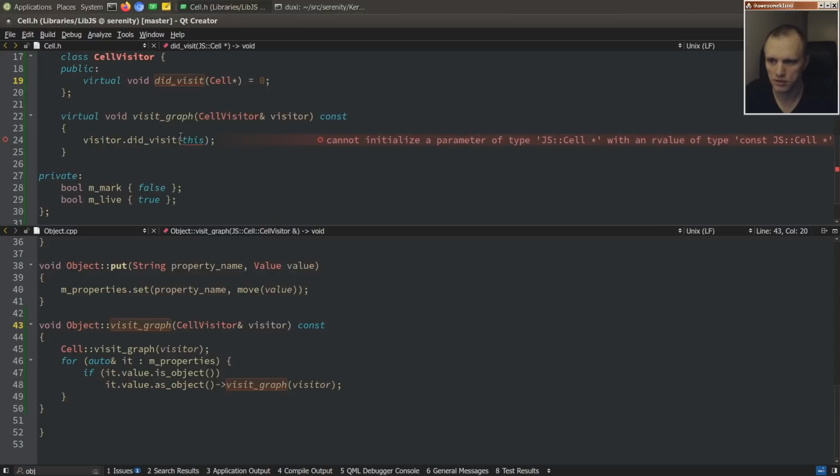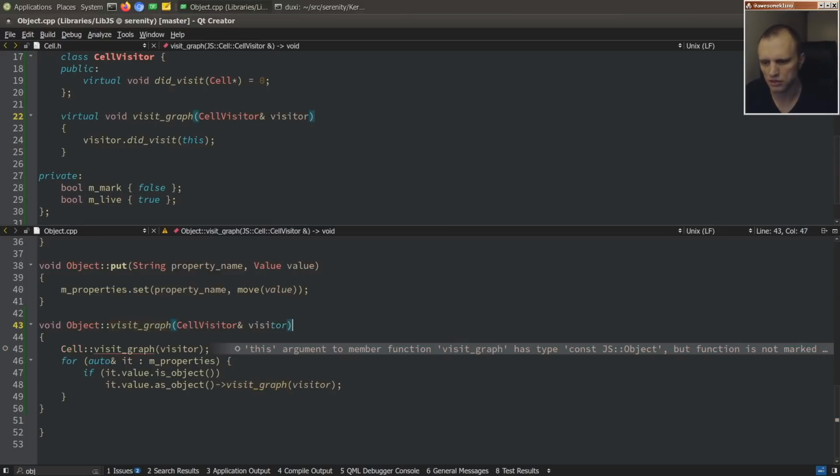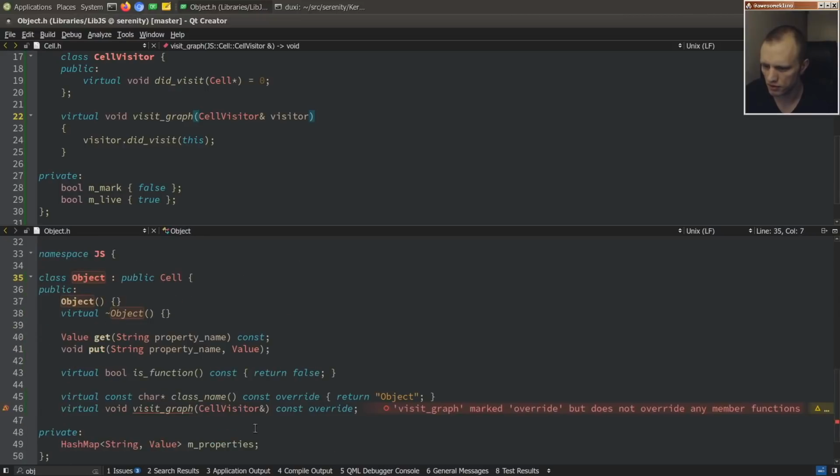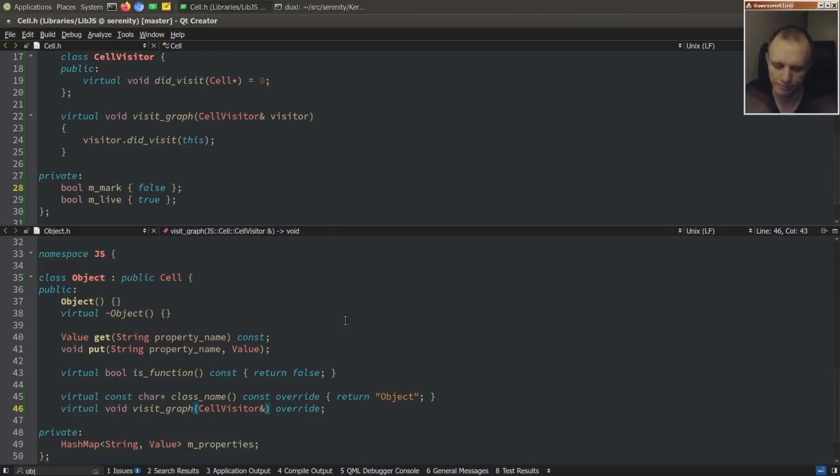And I can't call that because it's const. Oh, because this is const. Oh, why did I make it const? I'm not sure. Let's not have it be const. It's just going to confuse things, even though it's kind of sort of logically const because you're just discovering the graph, but